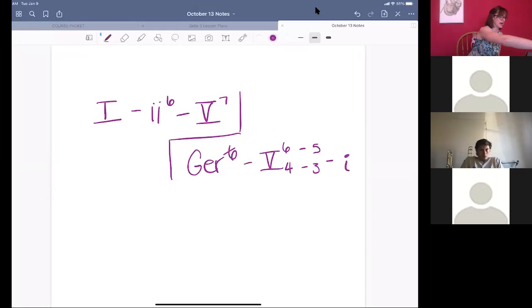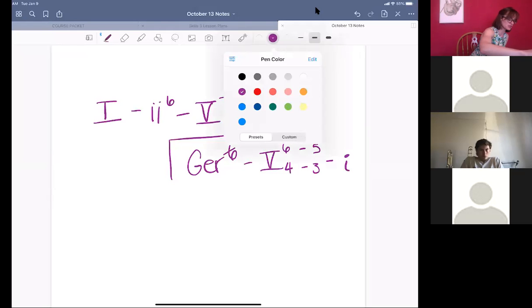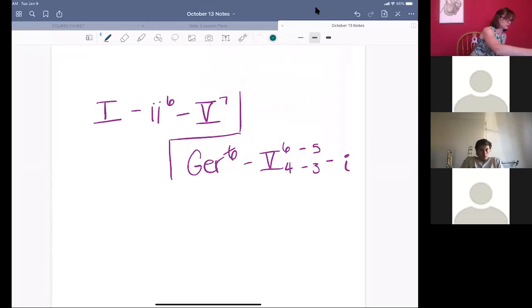Let's go ahead and, can we sing through this? So I'm going to put some baseline numbers on this. We're starting with a nice easy tonic predominant to a 5-7, and then we're going to respell that 5-7 as a German augmented 6 chord. So let's review scale degrees for starters. So your German 6, we're going to a minor key, so your German 6 is going to be on diatonic 6,